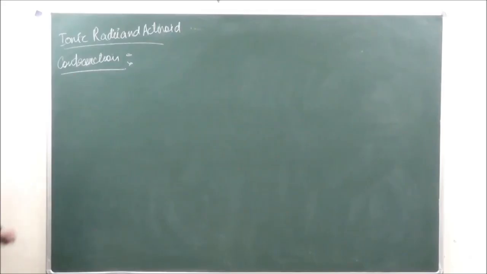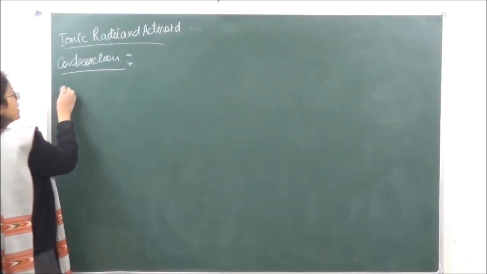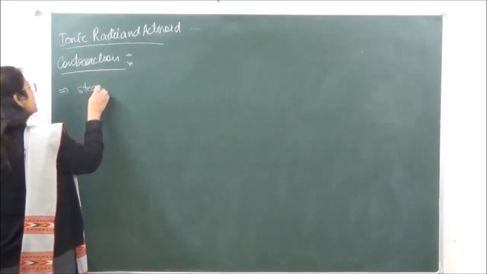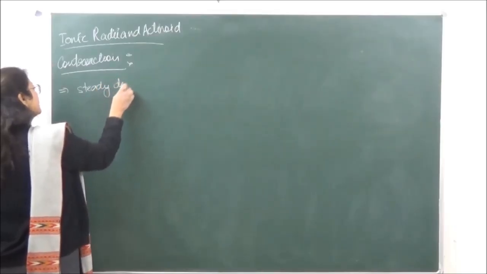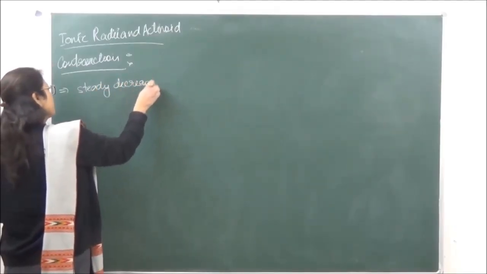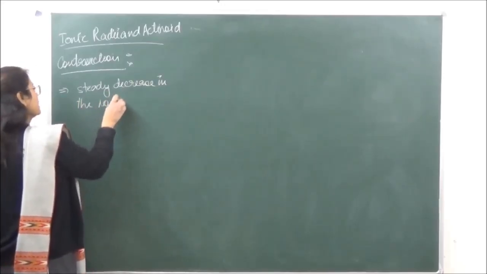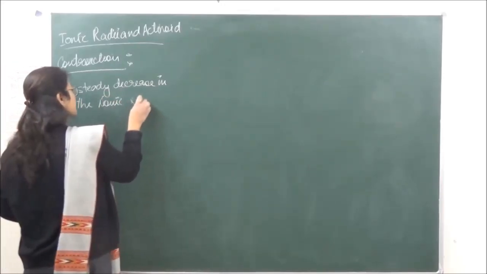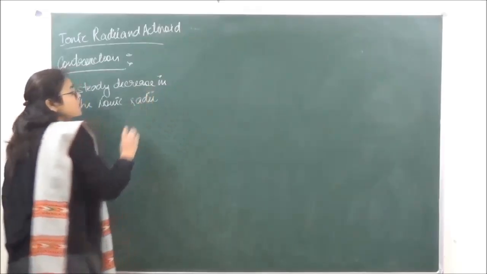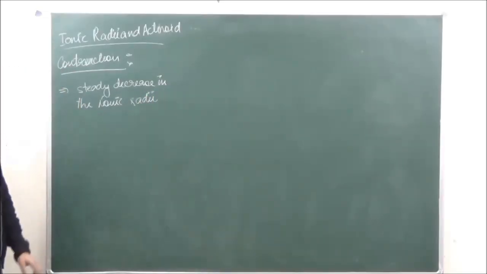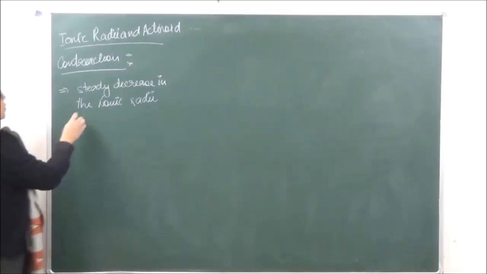Now over here again there is going to be a steady decrease in the ionic radii along the series. So when we are traveling along the series, the radius will keep on decreasing